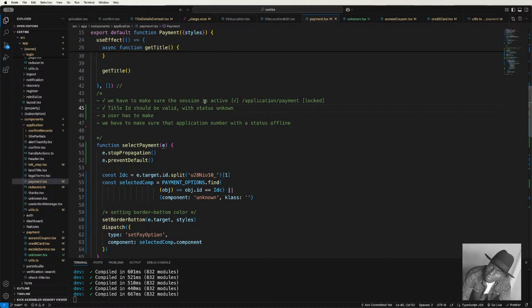We have to make sure the session is active, and we also have to make sure that the data is valid, and the data status should be unknown. Why? We are assuming, we are guessing that it is new data that needs to be authenticated. So the status of this data should be unknown, because a malicious user, it's always a malicious user,